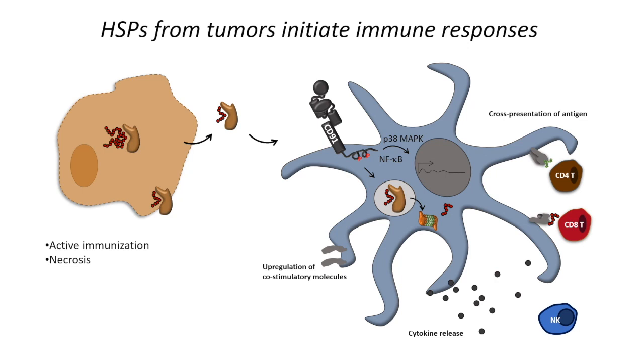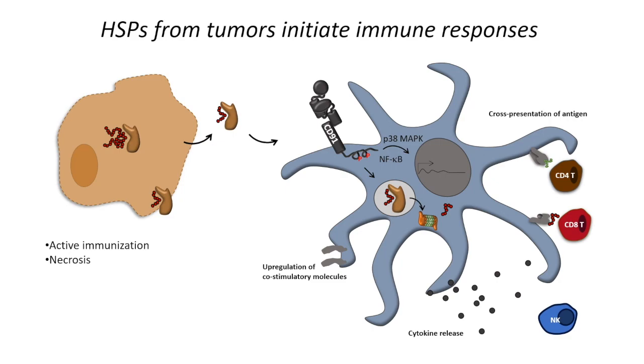On the right of the slide, engagement of CD91 by HSPs leads to endocytosis of the heat-shock protein peptide complexes, processing of the chaperone peptides, and ultimate presentation of peptides by MHC molecules to T cells. CD91 also initiates intracellular signaling, leading to upregulation of co-stimulatory molecules and cytokine release. These mechanisms are important for priming and activation of T cells and NK cell responses and form an efficient pathway